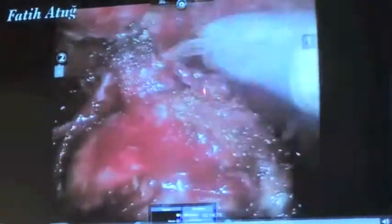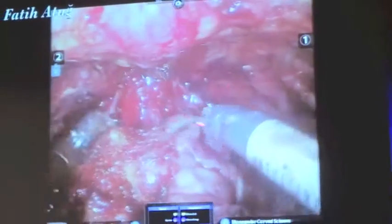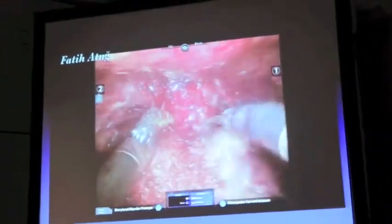you see a prostate nodule on right side. If you cut it from here, this part, this nodule will remain on urethra side and the patient probably will have a rising PSA. If you want to pause, I would say